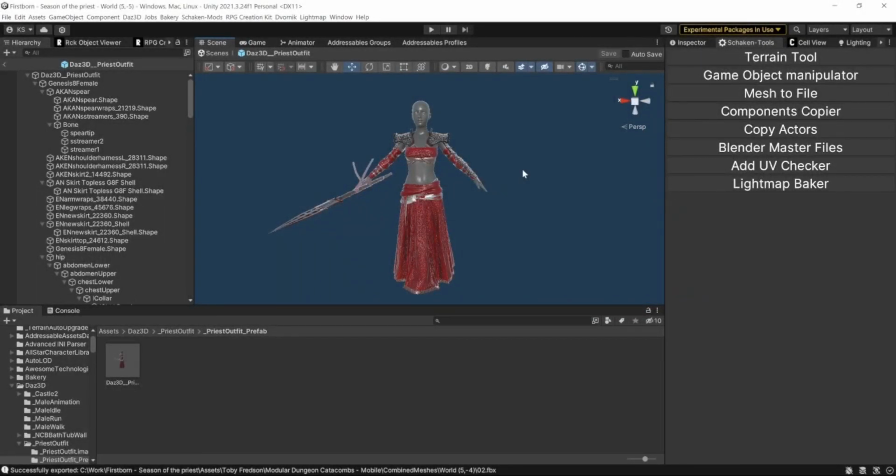Hello, this is going to be a tutorial on how to make armors for your game using the RCK creation kit. It's pretty simple, but I'm going to give you the whole run through, the long way around,